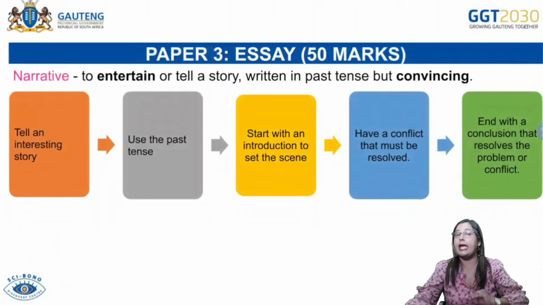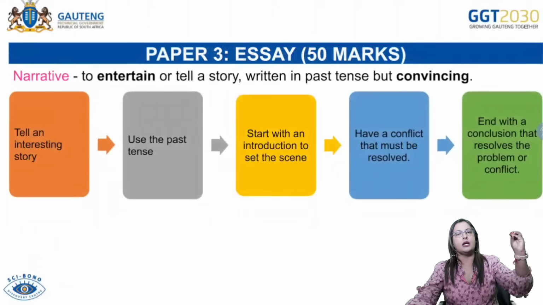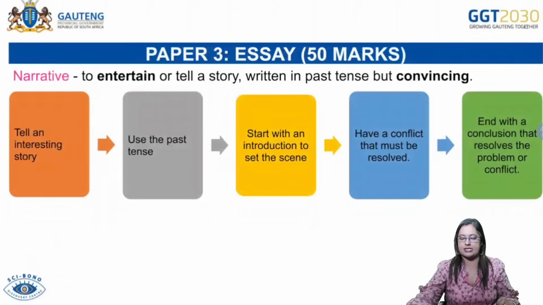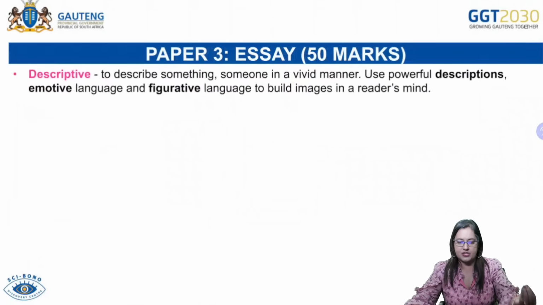You have to include a conflict situation in there where something has stopped a person from excelling or having a positive outcome for that particular setup. And then the conclusion is where you're going to give us the resolution to the conflict that character went through. Then we've got the next essay, which is the descriptive essay.